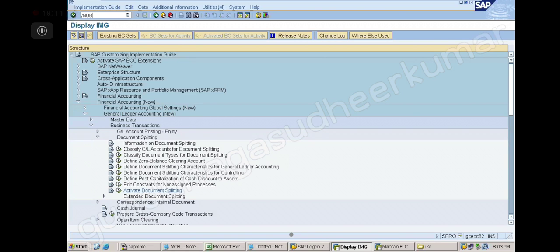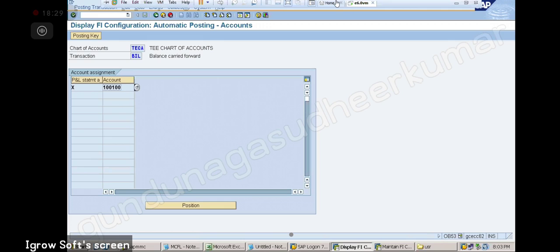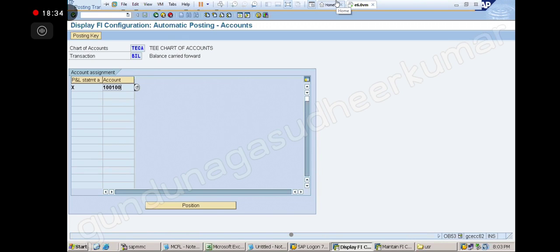OB53 you are talking, retained earnings. So, what is that you are giving? The X is not taking, sir. First entry is okay, and again if you are giving the second one of the P&L statement, it's not taking the X. For the second practice, first time of the practice, it was taking. So next time it's not.